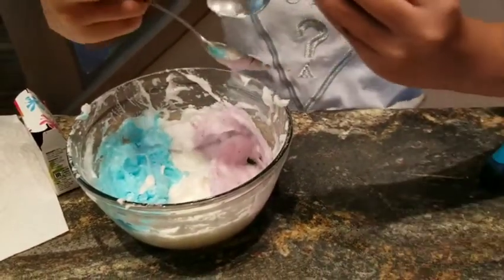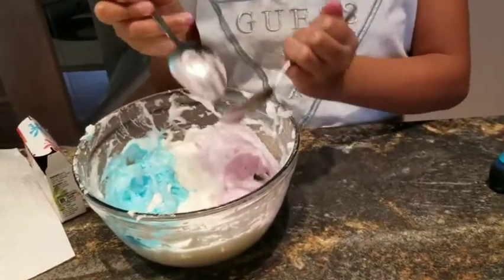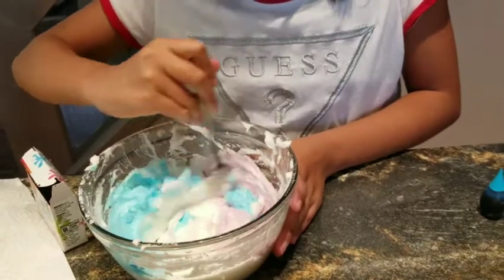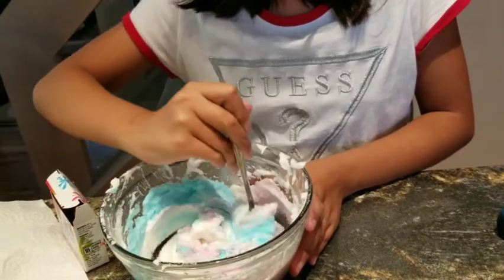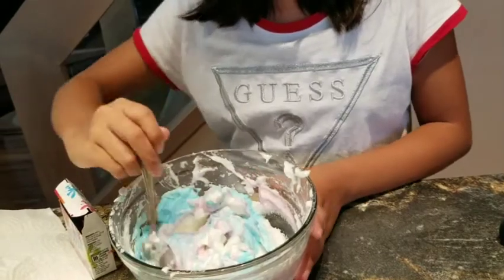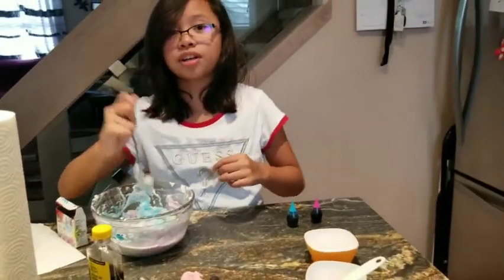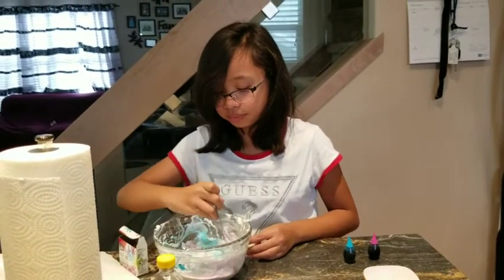Or you're gonna use this little spoon to scoop off the extra non-needed on the spoon. And then we're just gonna mix it together so that it has like a marble color, I think, like a marble effect to make it look pretty. Maybe like about that much mixed because we want to do marble so it looks cool. This looks like the cupcakes we usually get from Walmart, the unicorn ones. So I guess we're gonna have a unicorn